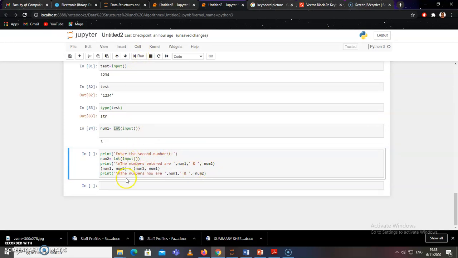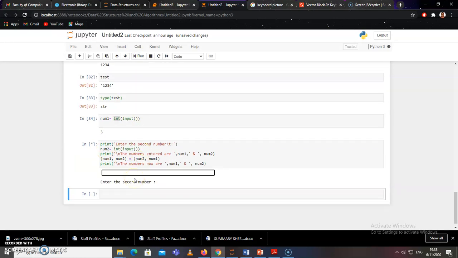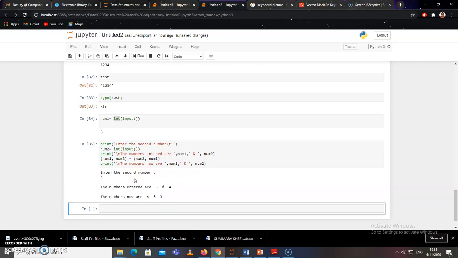So what this code is simply going to do is swap numbers. Variable num has number 3. Let's say number 4, we're going to put it in variable num2, right? So once 3 is stored in num, the value 4 is now stored in variable num2. So we're printing the numbers that have been entered. These are the numbers that have been entered, 3 and 4, right? If you want to print something on the screen and combine